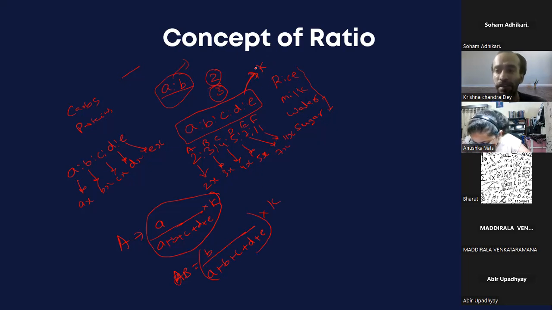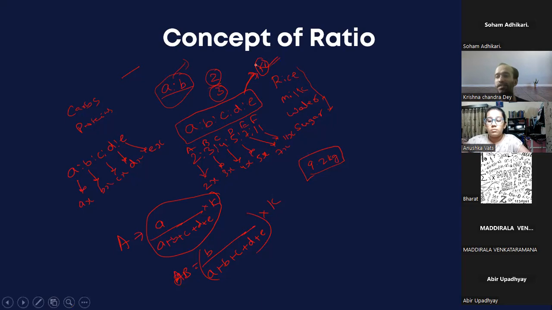In certain cases, questions will come like, what is the minimum number? In that case, for example, if this K was a copper alloy or copper zinc or something, that can take decimal values, 9.2 kg, 9.1 kg or something. But what if these are distributions of marbles? Marbles cannot take decimal values, right? That time, play around with number theory and see, because K has to be an integer. So the good questions will come only when they make K an integer. That's when you have to think. It will get clubbed with some LCM or HCF or something like that.